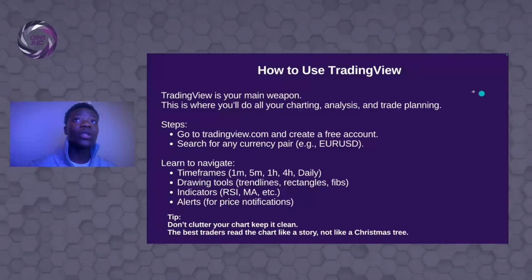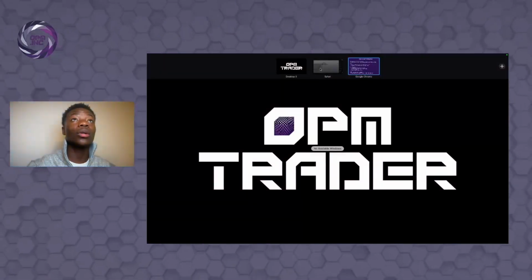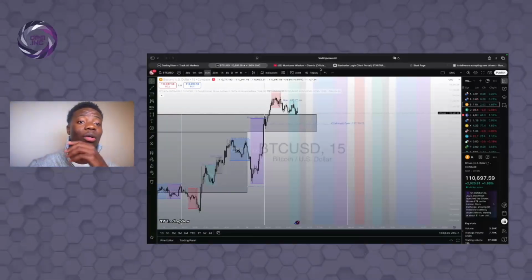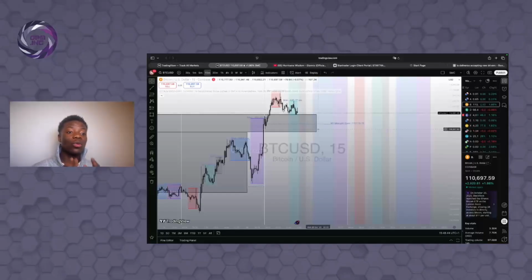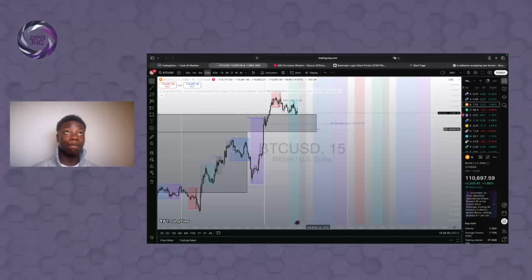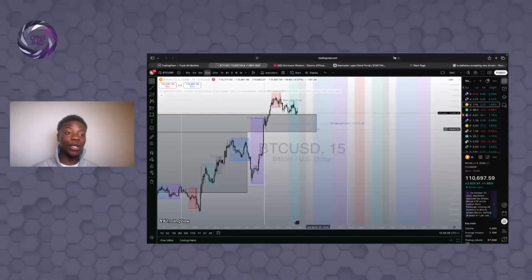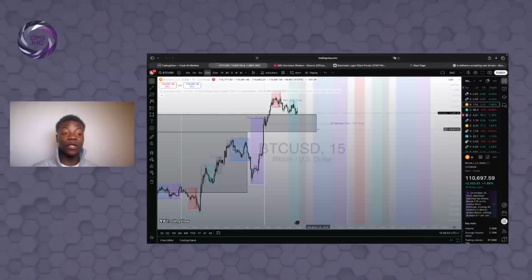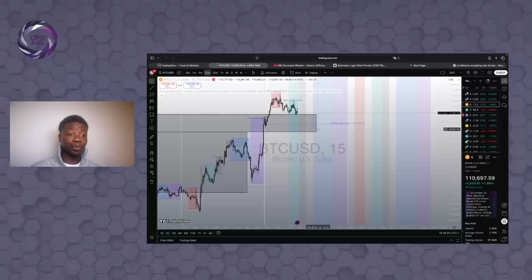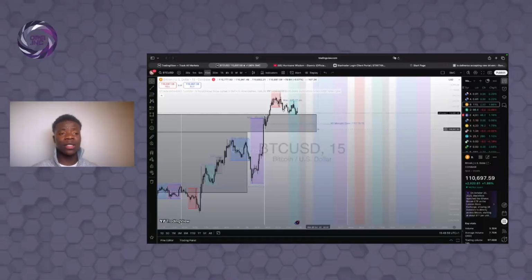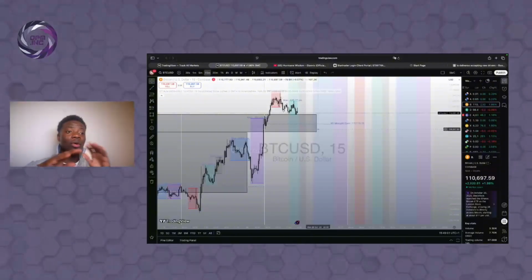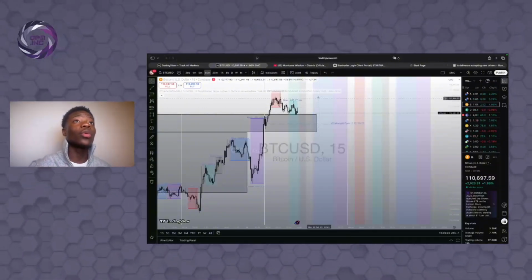So with this part of the video, we're going to go into TradingView. This is TradingView, and this is where you're going to conduct all your technical analysis. And then fundamentals, remember, I said Forex Factory, and then sentiment. You can go on market sentiment on the internet, and it will literally give you the sentiment on certain currency pairs or on the market as a whole. So with TradingView,